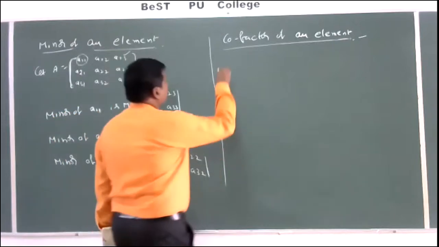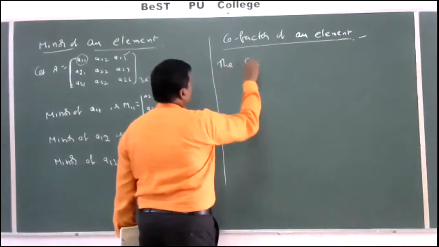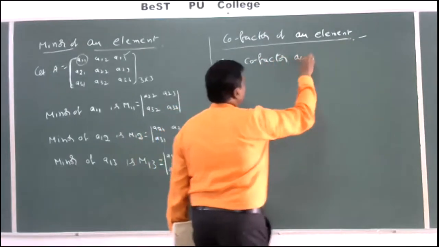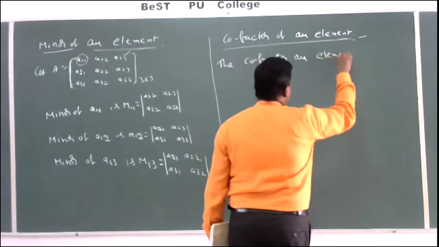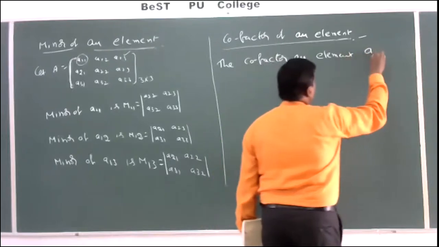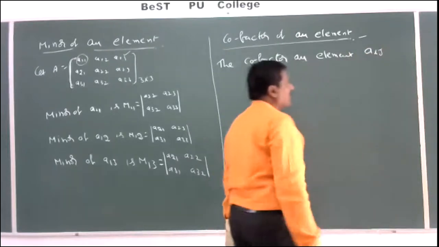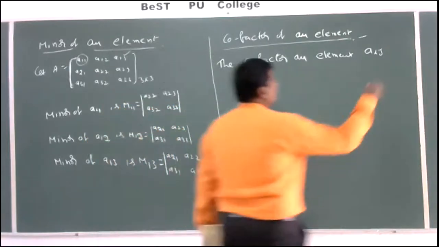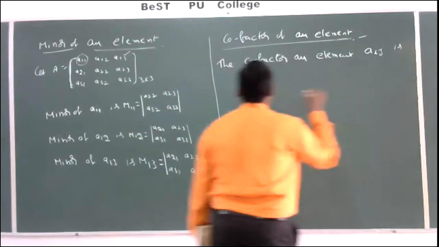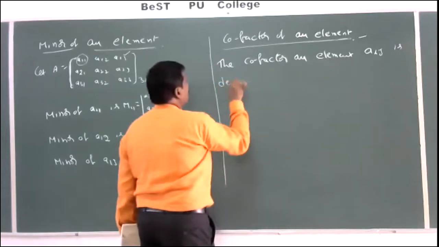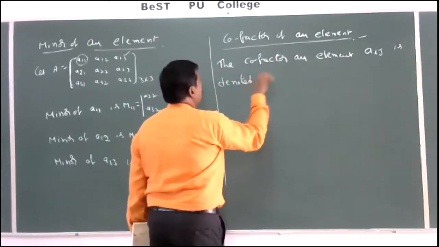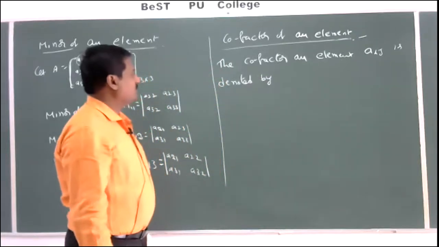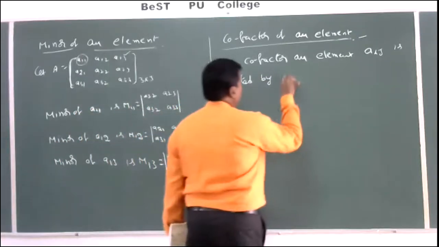The cofactor of an element, small aij, is denoted by capital